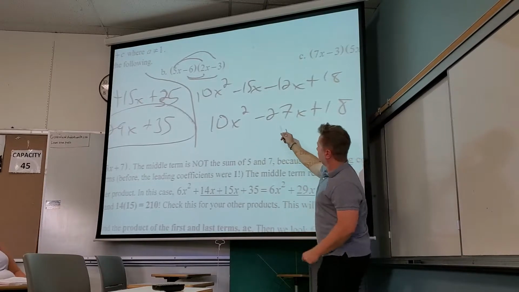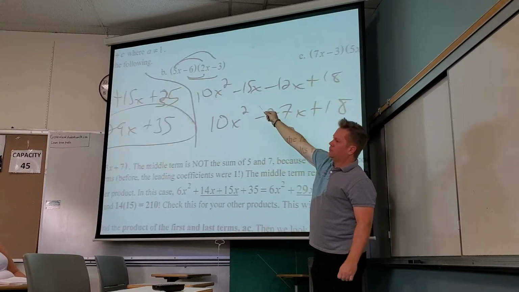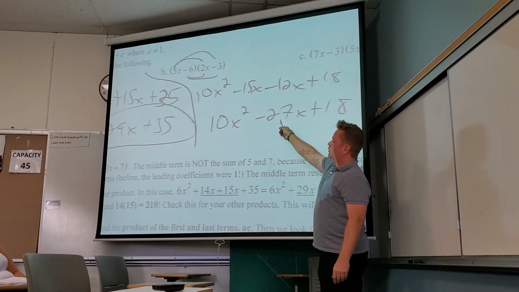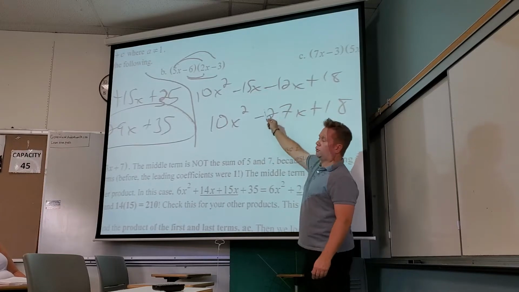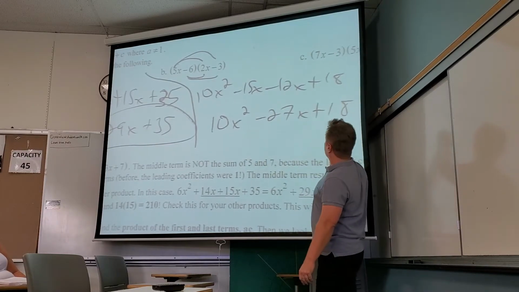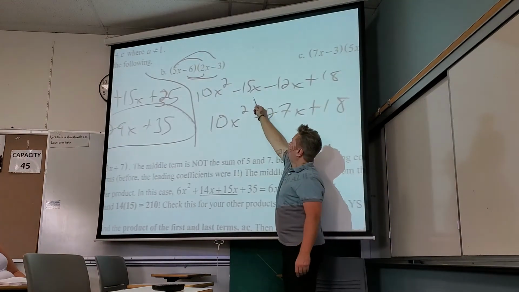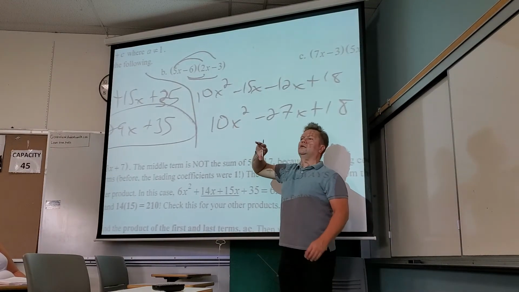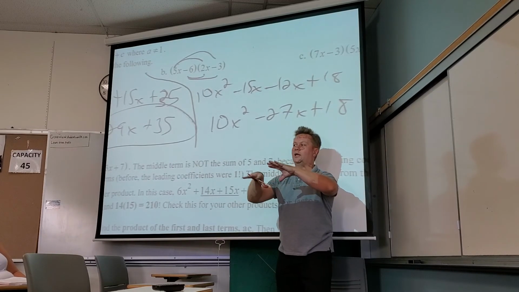So now watch this then. 15 and 12 came from the numbers that are there, but once I put them together, if I start here, I have no idea what they were, but I do know 10 times 18 has to be the same as whatever these are multiplied together. All right, so stay with me. So that's all we know at the moment, is what it looks like. Let's do one more and